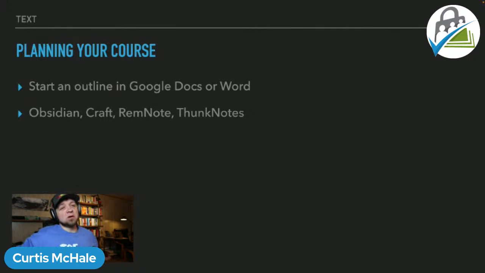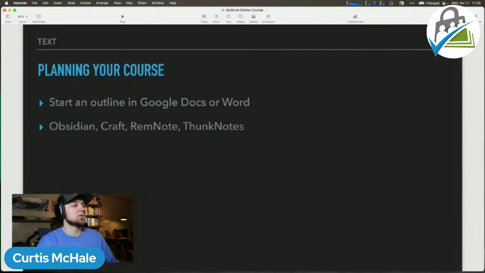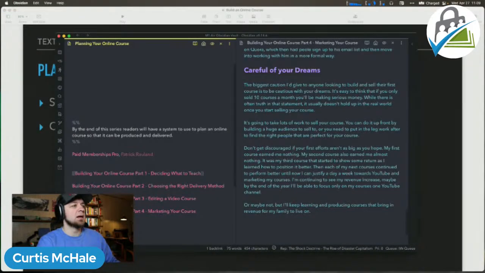Then when it comes to planning your course, the easiest way really is to just grab whatever note editor or text editor you are comfortable with. Whether that's Google Docs, whether that's Word, whether that's whatever. Something I like is Obsidian because Obsidian, Craft, RemNote, Thunk Notes, there's a number of other note-taking tools right now that are fairly popular. It allows me to do stuff like you saw in my Obsidian right here, where I can actually link out to these notes with double square brackets,